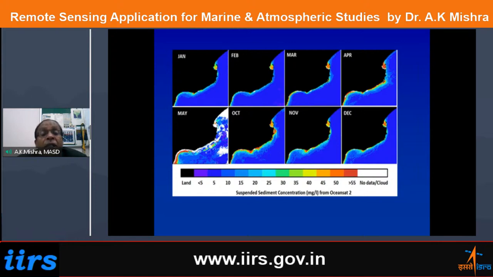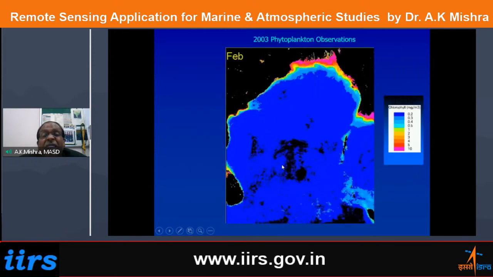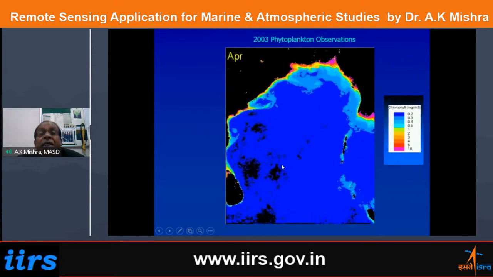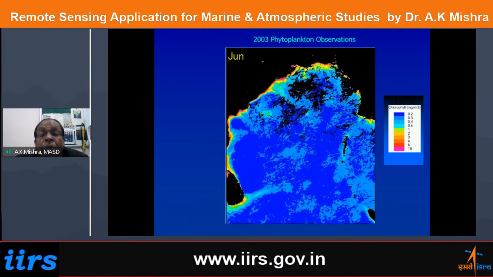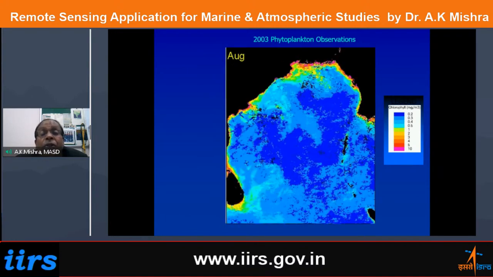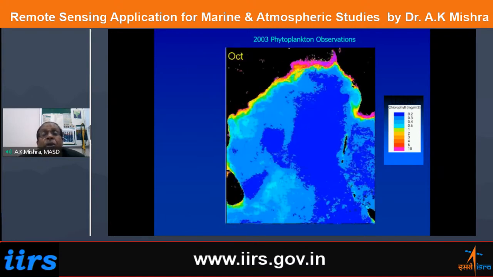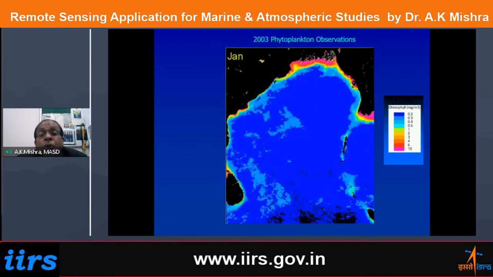You will not get the data. Whichever data is there, it is cloudy. So then this is the climatology generated from the OceanSat 2 data, which is showing the suspended sediment concentration near the Kakinada coast. And this is the phytoplankton concentration map generated from MODIS data, which is showing the coastal plumes